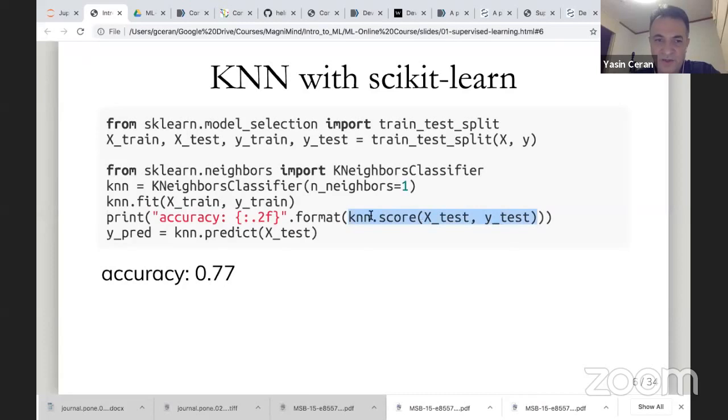So knn, remember, is the object that you instantiated for KNeighborsClassifier with k equals 1. Then you fit this object to your training data set. Here you have a model that you already trained. So now you wonder how good this model is. How can you evaluate this model? To evaluate this model, you can use the score method. So when you say knn.score, what it's going to do is,